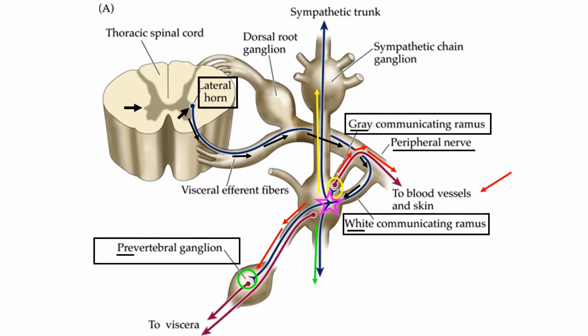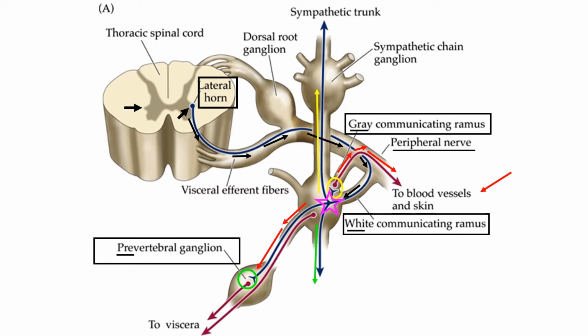It goes to ganglia in front of the vertebral column. Therefore, it is called prevertebral ganglia, and these are usually present in the abdomen. So these are the possible scenarios that will happen when a white ramus leaves the spinal nerve and gets into